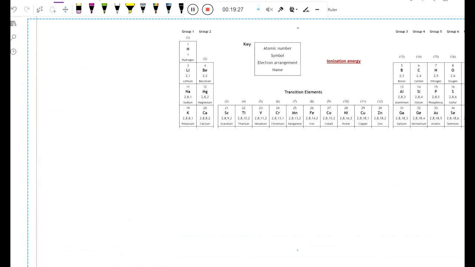Okay, the next one we're going to look at is ionization energy. So again, you're really thinking about the nuclear charge and the effect of shielding, but with this trend, you can also be asked about ionization energies of different elements and the removal of more than one electron. So I'm going to explain what that means. So the first thing you need to know is what is ionization energy, and it's defined as